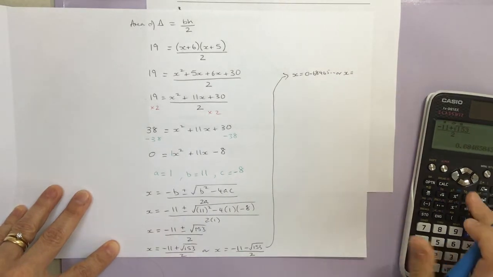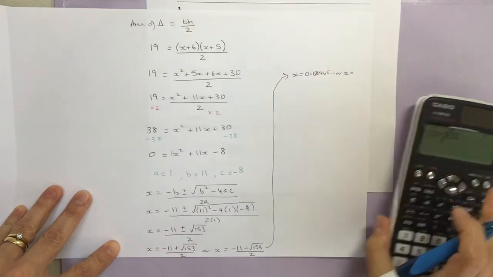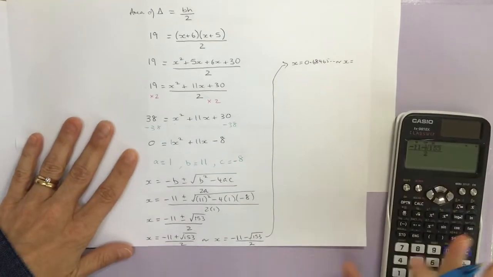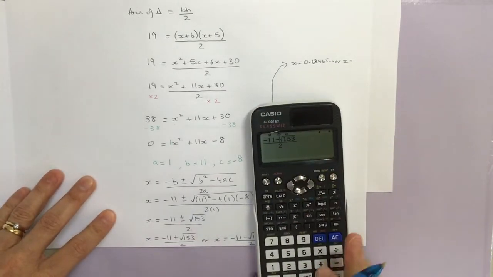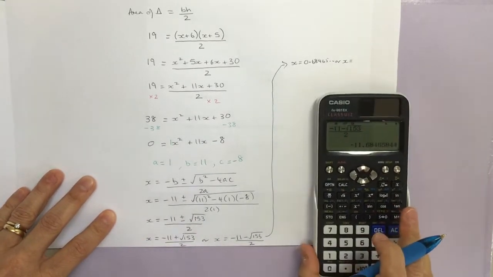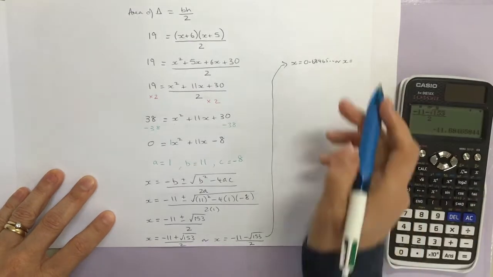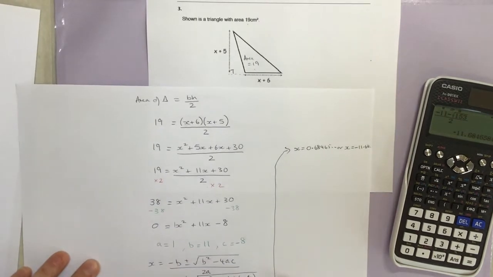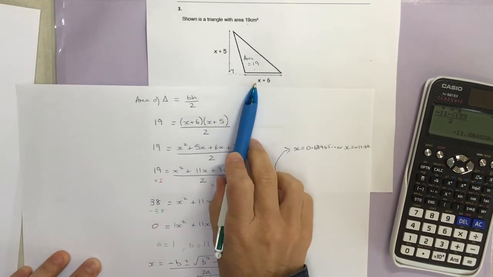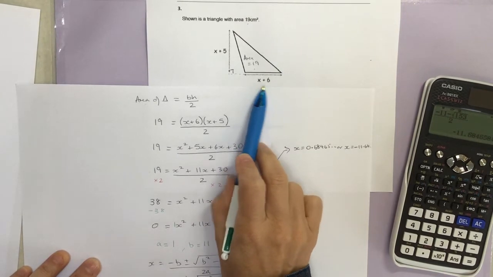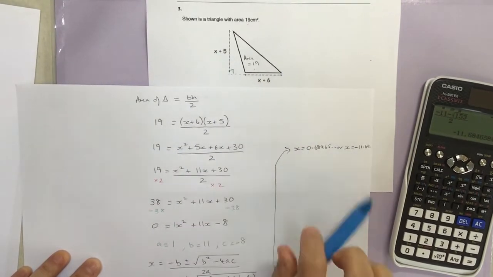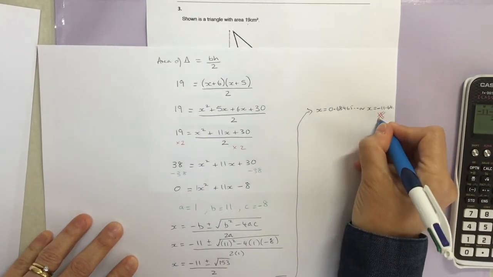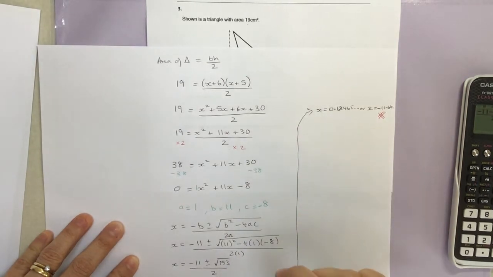Or x is equal to, let's have a look at putting that negative sign in instead. So minus 11 minus root 153 all over 2. And that's giving me a negative answer there. So minus 11.68, etc. And again, in the context of this question, if I look at this negative 11 adds 6, that's going to give me a negative length here, and so is this one. So this value, minus 11.68, I can discard in this particular situation,